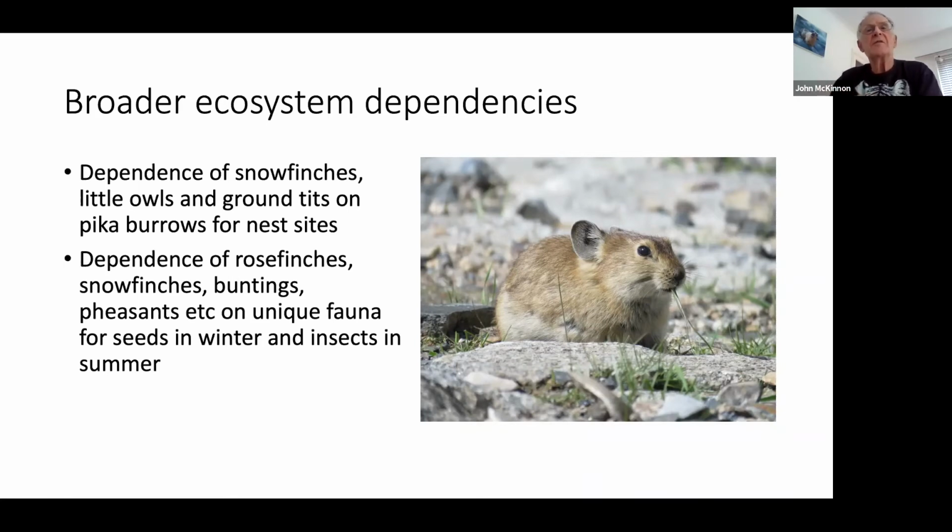And we have various dependencies, for instance, these pikas, which the agriculturalists hate and are trying to poison all over their range in China, actually make holes in the ground, which aerates the ground, allows water to penetrate the ground, but provides shelter for snakes and owls and ground tits and many other species that are dependent on this. So if you kill all these pikas, which snow leopards also eat, and so does everybody else, all the raptors and foxes and stuff depend on pikas. You are reducing the whole